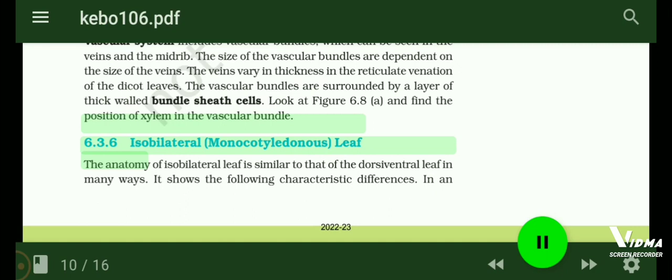6.3.6 Isobilateral monocotyledonous leaf. The anatomy of isobilateral leaf is similar to that of the dorsiventral leaf in many ways. It shows the following characteristic differences. In